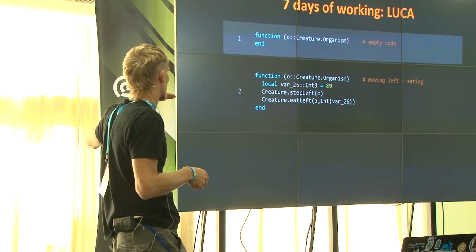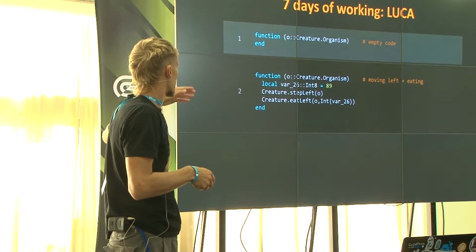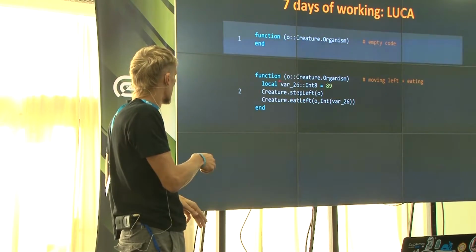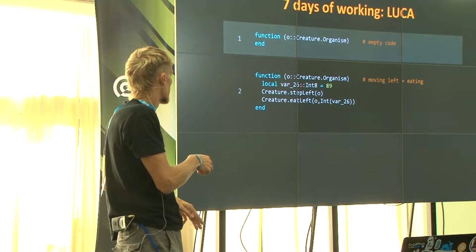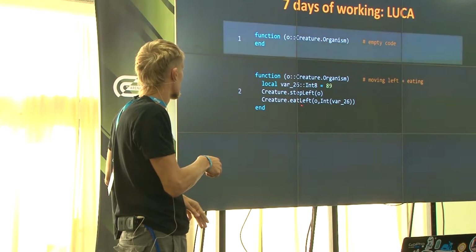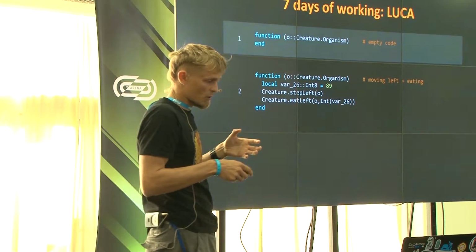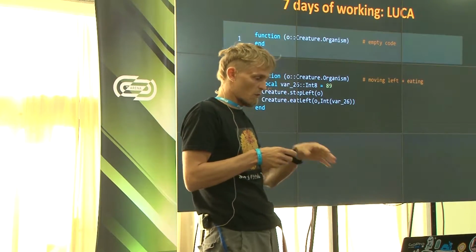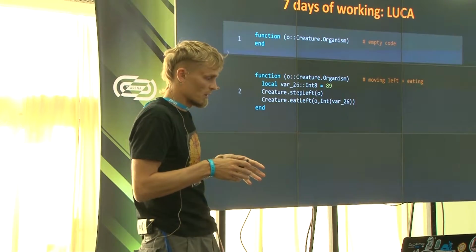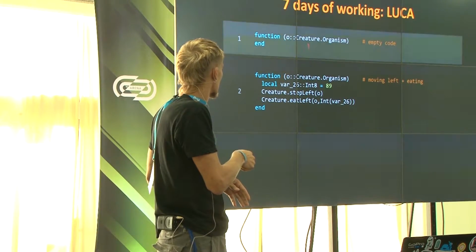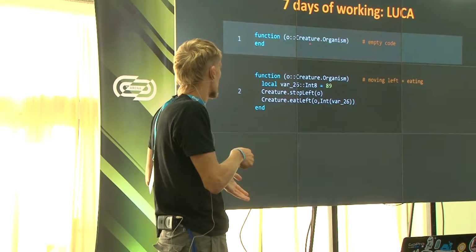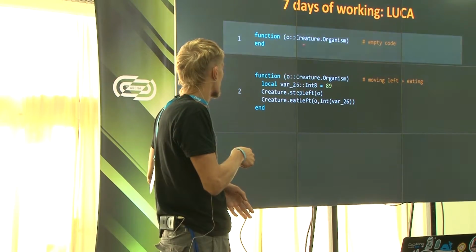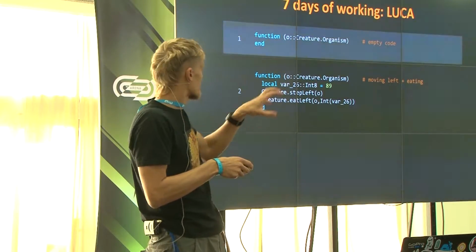After 3,000 generations, 3 important mutations were added. First of all, a var25 variable was added, and step left and eat left. So this code was produced by the system, and this is a very cool algorithm for such a system. The first example is just empty. It does nothing. But the second one, which is the descendant of the first one, may move to the left and eat from the left.